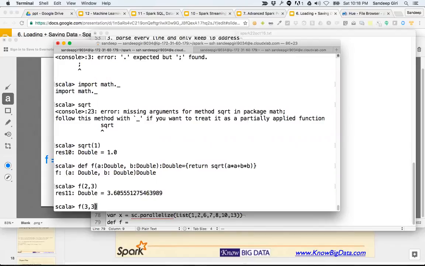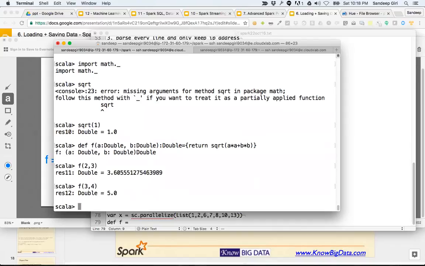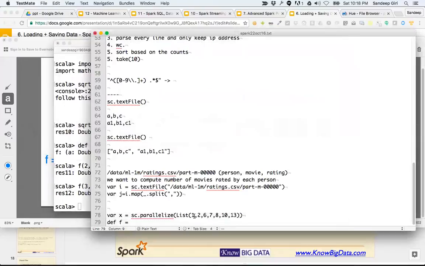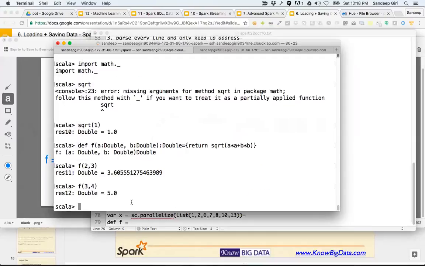3 and 4 should be 5 actually. Let me just test it. Yes. Okay, so you can see that we have created this function. Now question is that